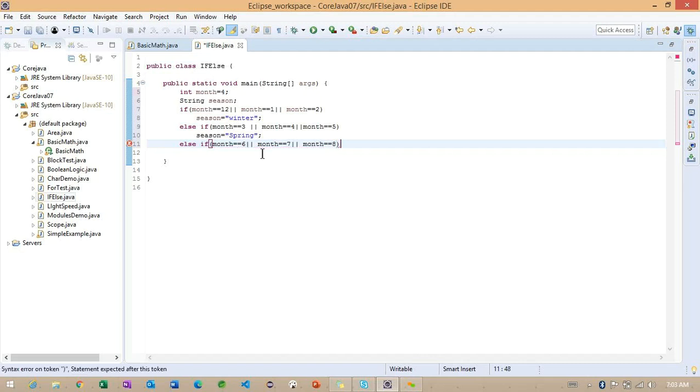How many conditions are we making here? We are making 3 conditions: either month equals 6, or month equals 7, or month equals 8. Carefully observe, here we are working with the double equal to operator, not the single equal.